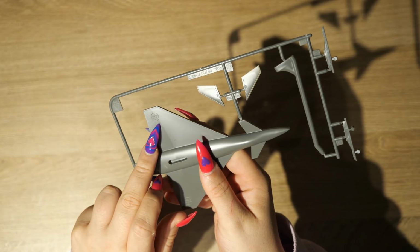I still wish that most kits had some included, but at the same time I get that if most people don't use them, then they are kind of just adding extra cost in, but I really like the shadow stands. Now you can see the cockpit there, and I'm kind of shocked how much detail there seems to be. It seems like this kit has not really compromised too much on the details, considering this is a starter set,